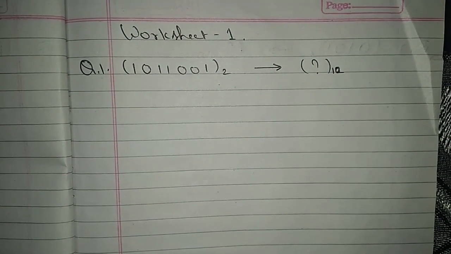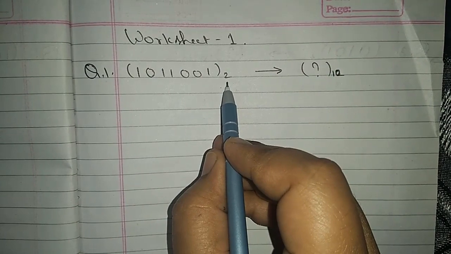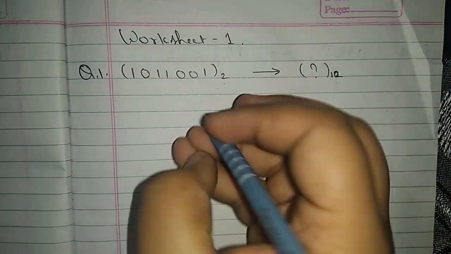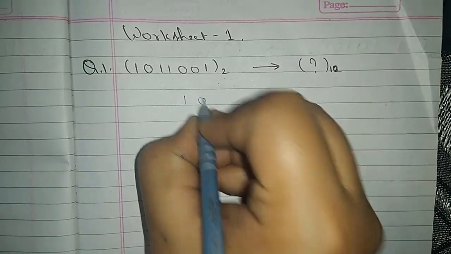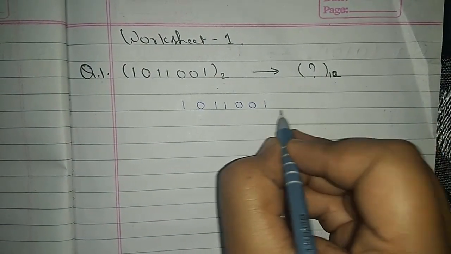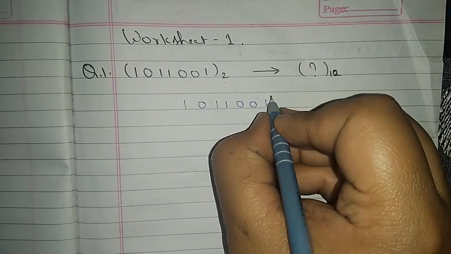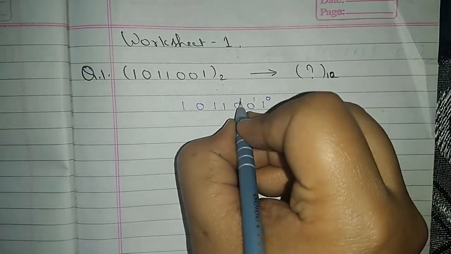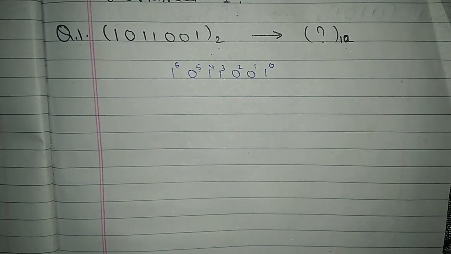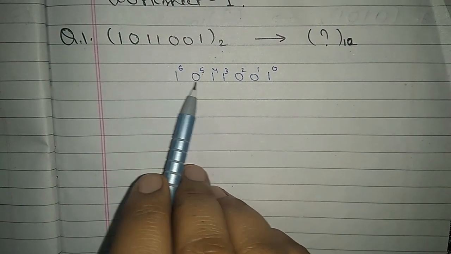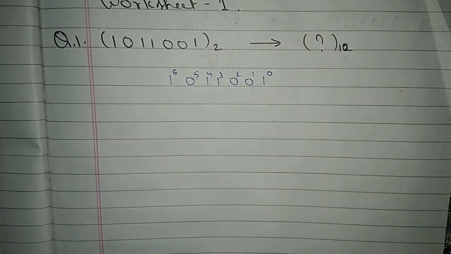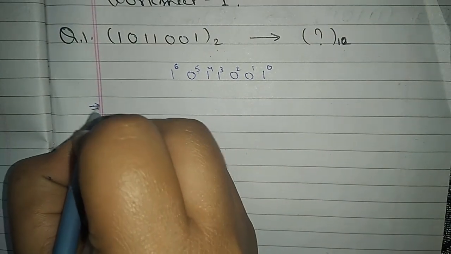Fine. So I have told you earlier that whenever we are converting our binary base to the decimal base, we have to use the concept of powers. So first of all, we have to note down our number like this. Then from the right side, we have to write their place values. It will start from 0, 1, 2, up to 5 and 6. Now in the next step, we have to multiply all these bits by 2, and then we have to apply these place values as powers of 2. So we will write them as,